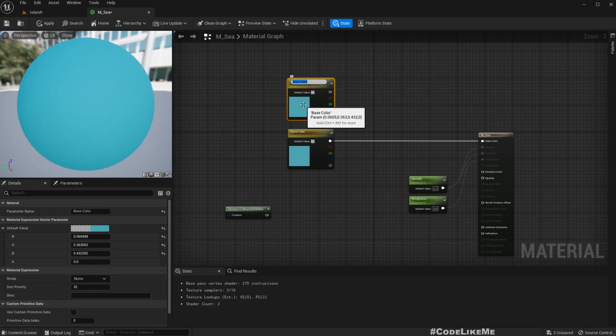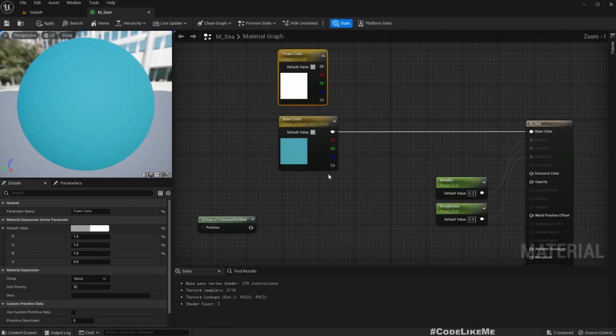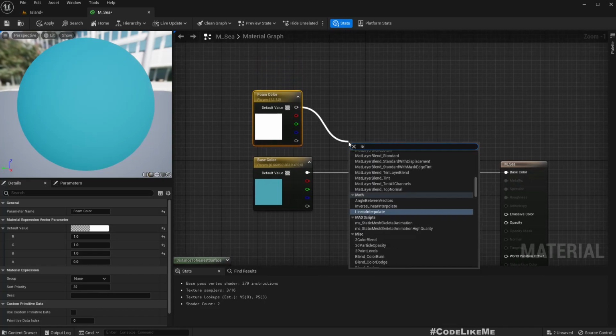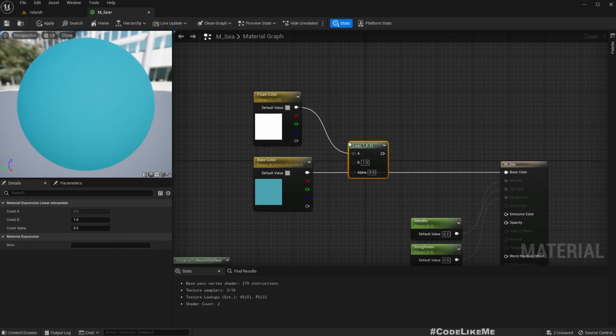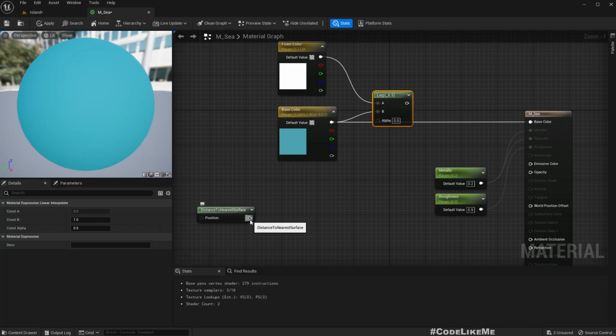I'll rename this as foam color and I'll make it white. And if I do a layering between these two using